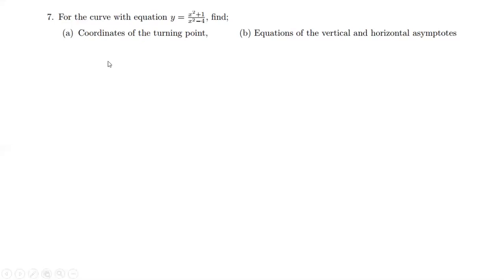So the most important thing that you need to know on this question is that at a turning point, at a point where any curve is turning,